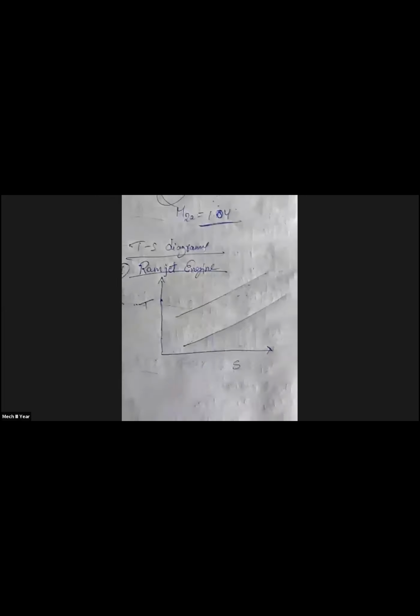Then this is T, this is S. Now here the isentropic, here we are using the Brayton cycle. Then in the Brayton cycle, this point is inlet 0. The temperature will increase like this, the point 2 is going, the process here 2 to 5.